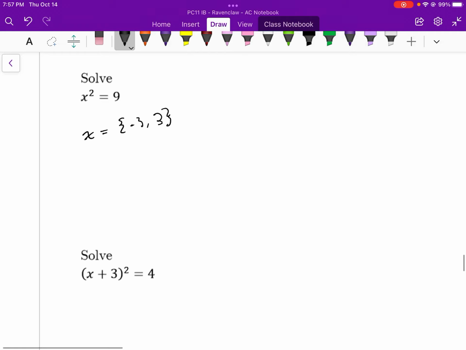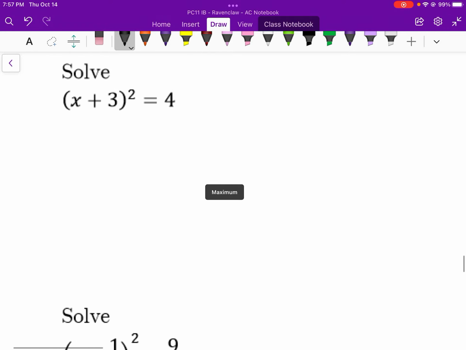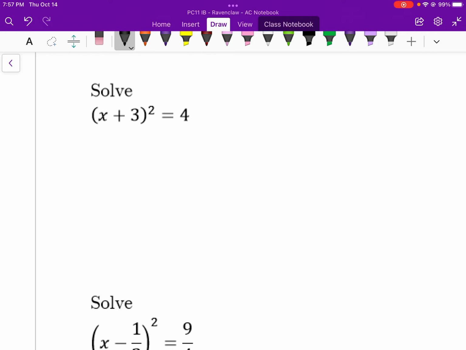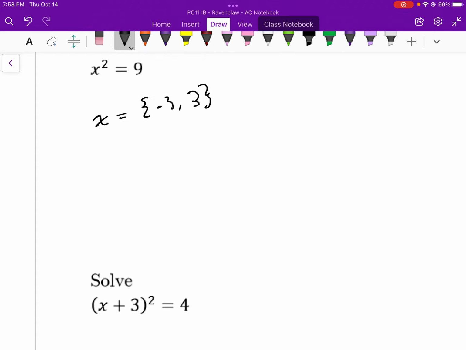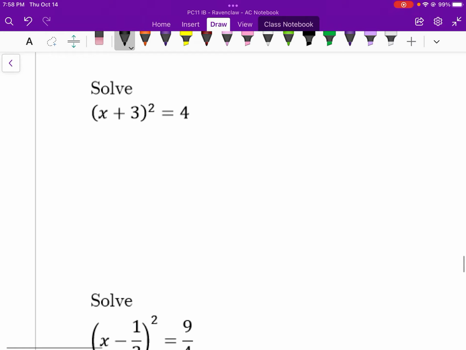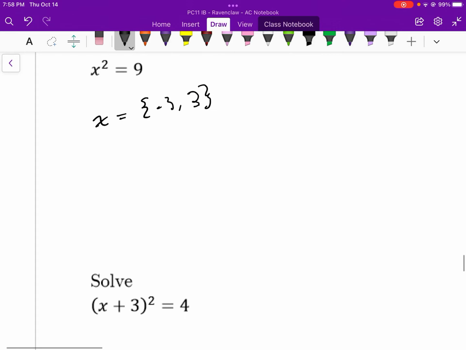So let's go on to our next example here. We're going to solve x plus 3 squared is equal to 4. If you notice, on the left-hand side, like our previous example, we have a perfect square. On the right-hand side, there's a constant. So it's very similar to the example above. So algebraically, what am I going to do? Great question. I'm going to revisit this first one over again, though, and I'm going to solve this algebraically